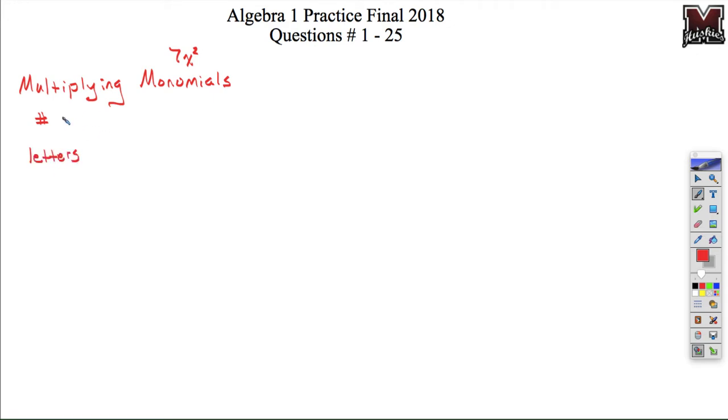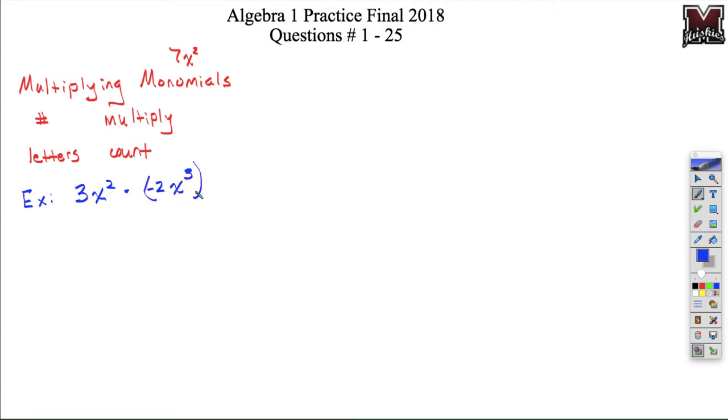Okay, so the numbers. What do you do with the numbers? You just multiply all the numbers. Multiply. And then the letters, you just need to count. Count how many there are. So I'll do a quick example. So if I have 3x, I guess I can do an example underneath. That makes more sense. So an example, if I have 3x squared times negative 2x